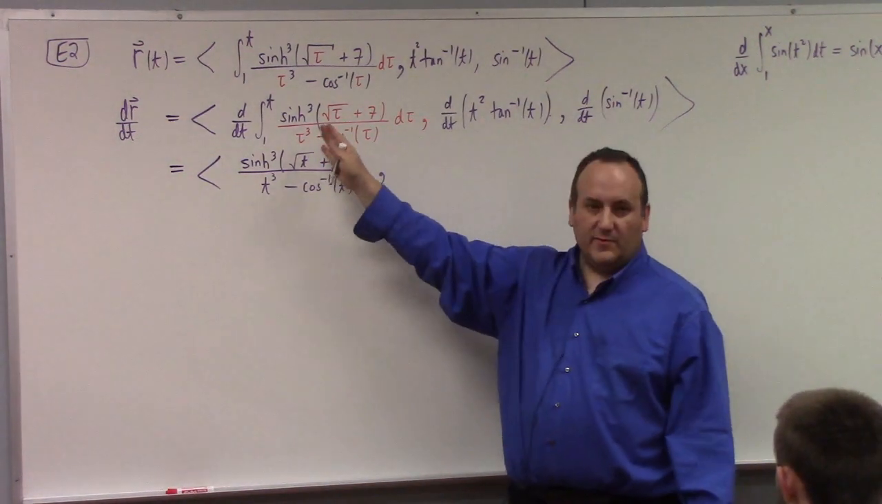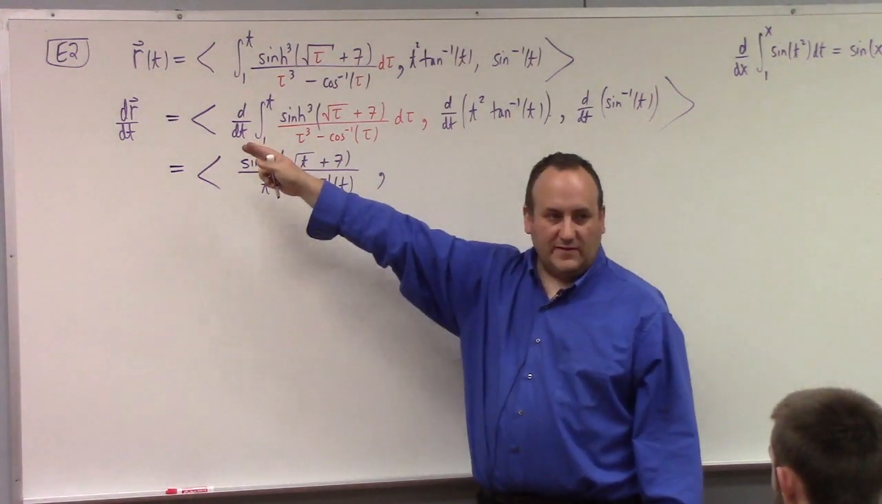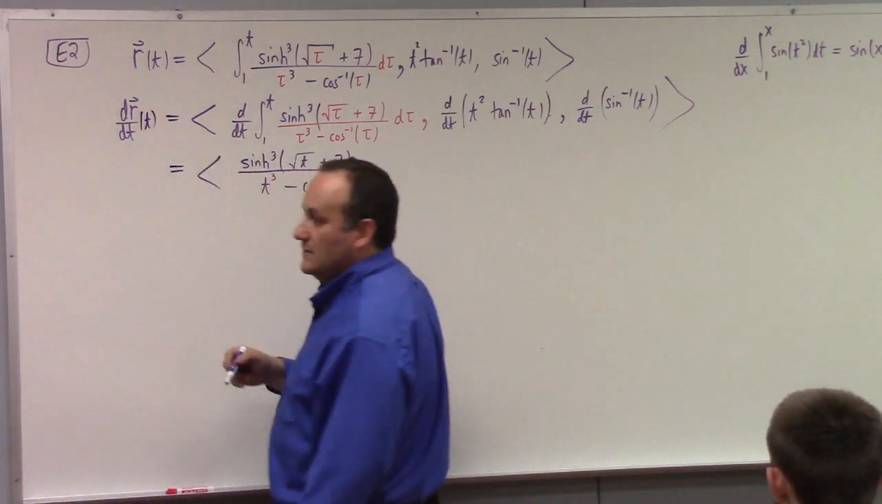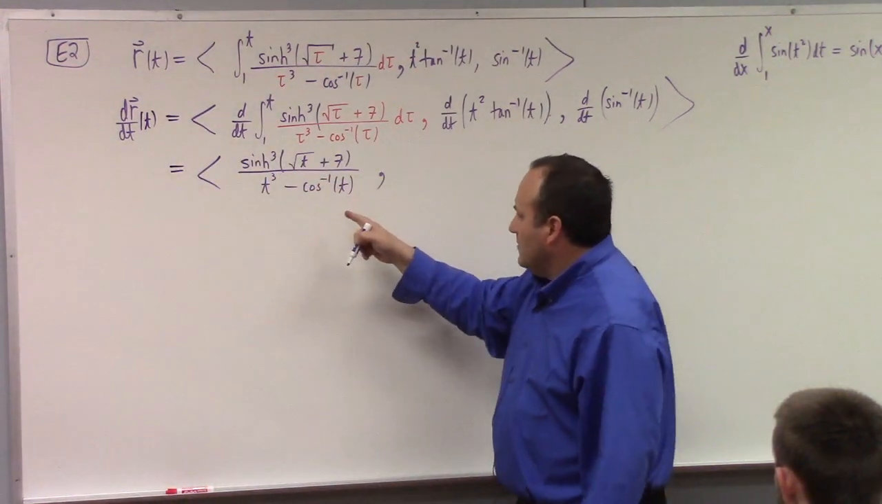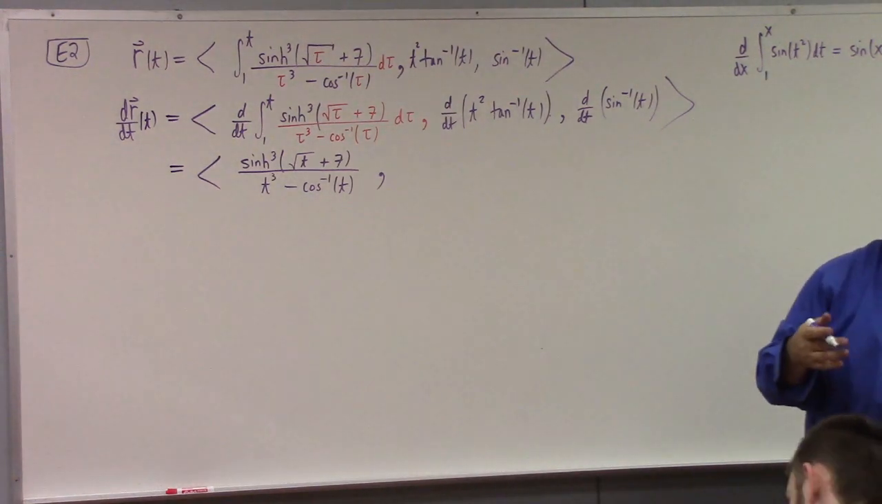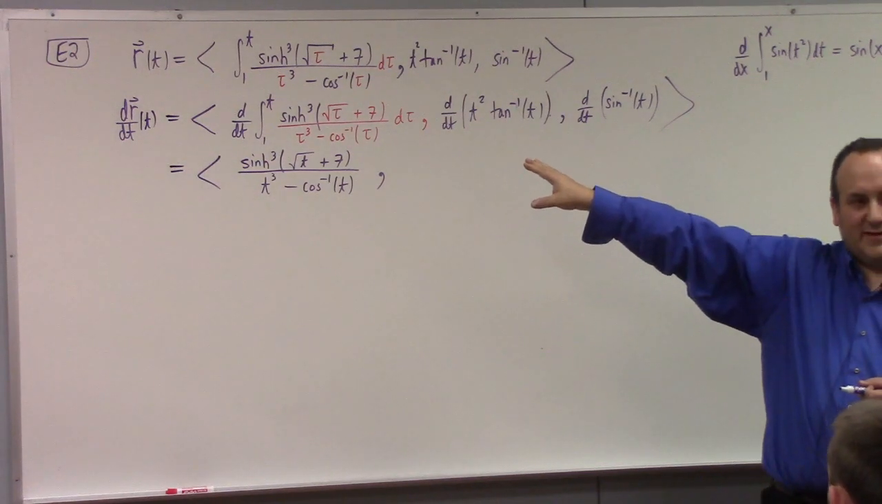The tau has to go away. The tau is a dummy variable of integration. T is the thing we're differentiating with respect to. We're calculating this derivative at time t, so the answer should be in terms of t. Did I write a tau? I don't think I did. Okay. If after all of that discussion I had a tau sitting up there in my next line,